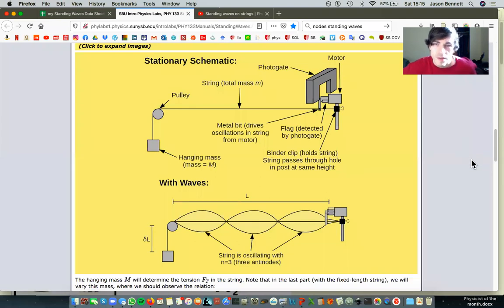Okay, so the setup that we're doing is taking a stretchy string and tying it to a post. This post here has a motor attached to it, and the string will go through a peg attached to the motor. The motor will vibrate, and as such, it will send shock waves down the string. It's like if you take a hose when you're a kid and you make a wave, and it shoots down the